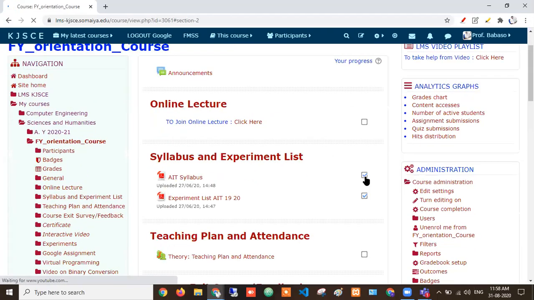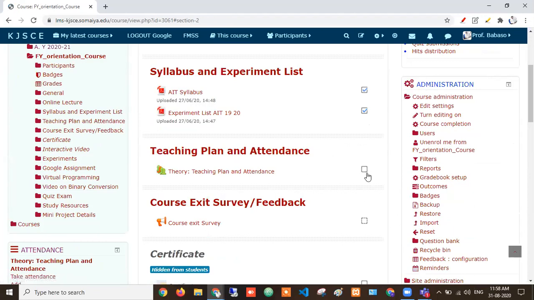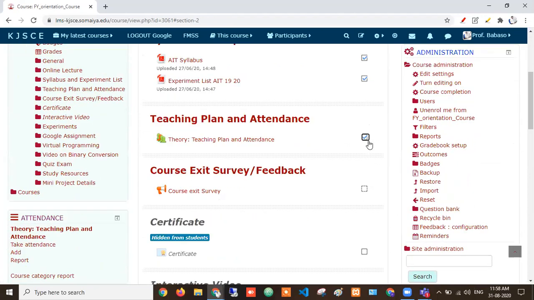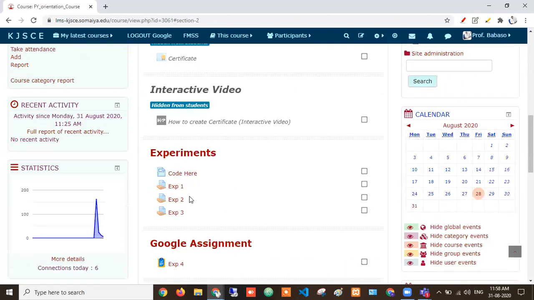So here you see this box. If it is a rectangular block, the student can mark it, or if it is dotted, the student must give the feedback and only then will it get completed. On this we can apply some restrictions. For example, you can require 100% course exit survey from students, then restrict this activity on any other activity. Suppose a student wants to see the IA marks, and they